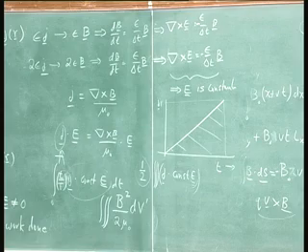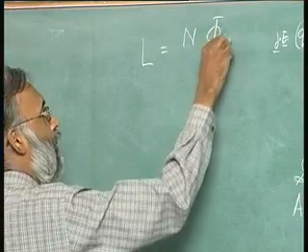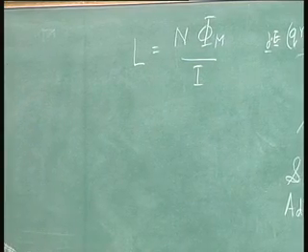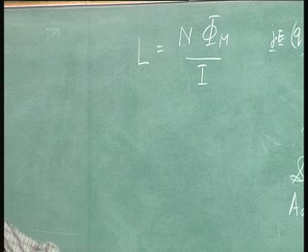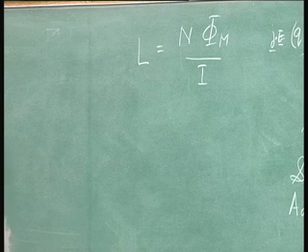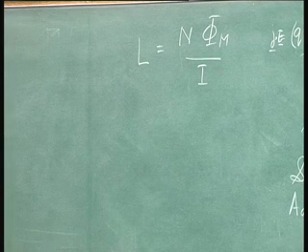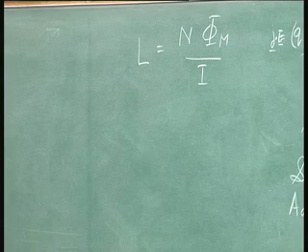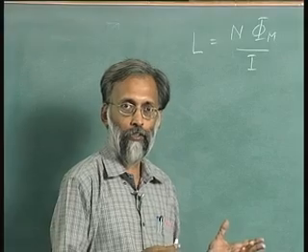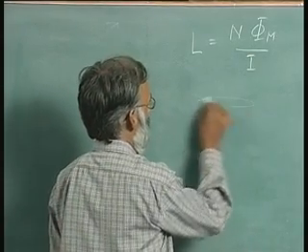Earlier we had defined that inductance was equal to N phi magnetic by I, but that was not really a useful definition, it was just ad hoc, completely arbitrary. What is more useful is to ask how much stored energy do I have in a system consisting of a number of coils. So, supposing I have a solenoid,